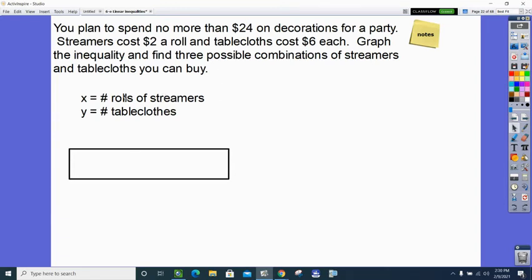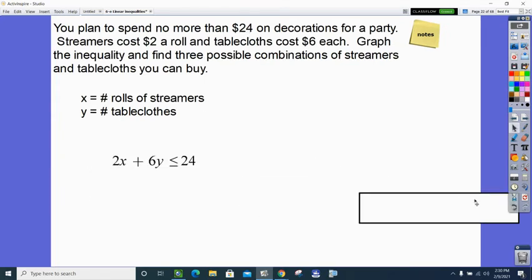So now you can see that the X, which is streamers, is going to get attached to the 2. So it would be 2X. And the tablecloths is going to get attached to the 6. And then we've got this total. So we've got the 2X plus the 6Y, and we cannot go over 24. It has to be less than or equal to 24. So that's just like we did with equations, except it makes more sense that we would not be